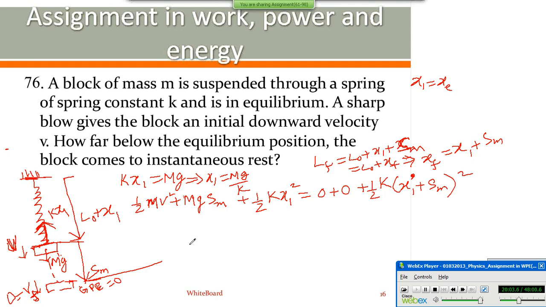So this has to be simplified. Those who want to copy the solution of the problem can start copying the solution, because the rest of the discussion is only the simplification part.